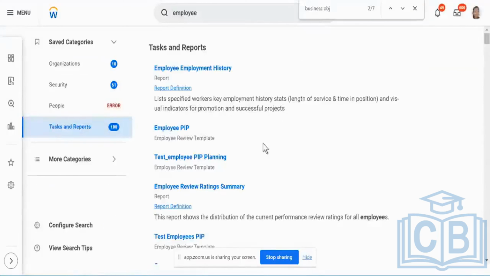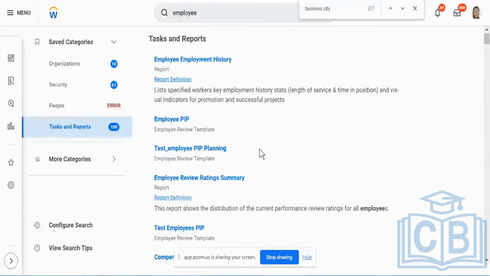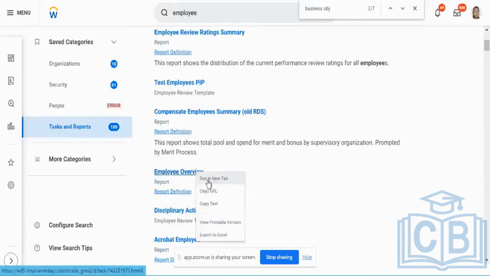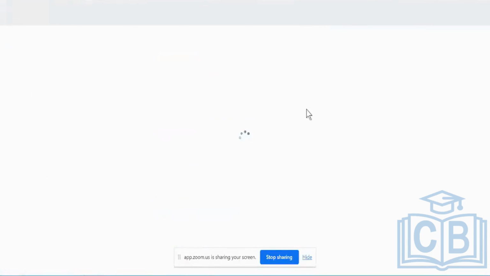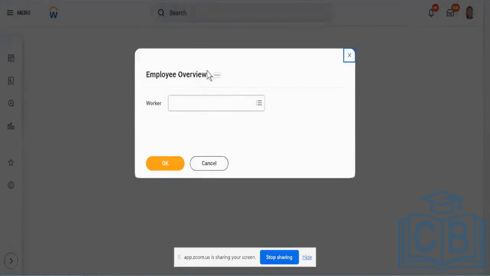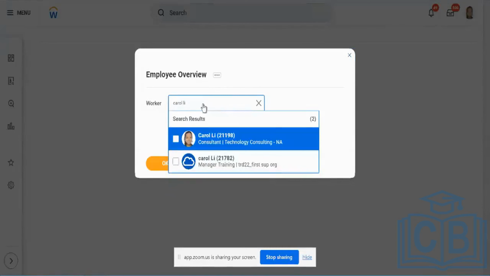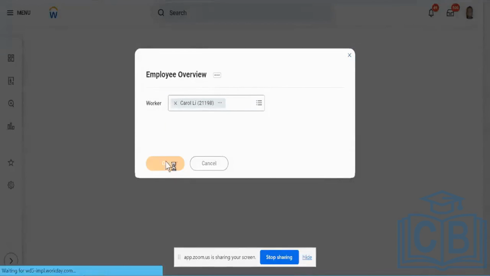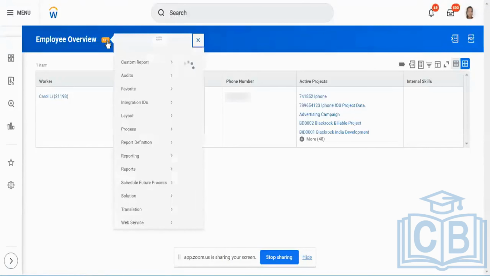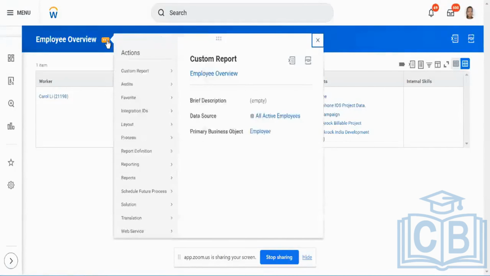Okay, this is just a standard report, but it seems to be quite complex. Okay, so let me just pick something like Carol Lee over here. So this is just a sample example. Alright, so this is called